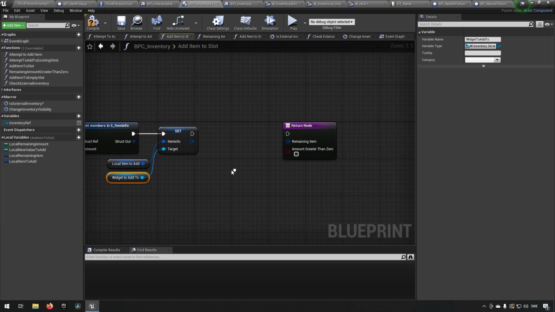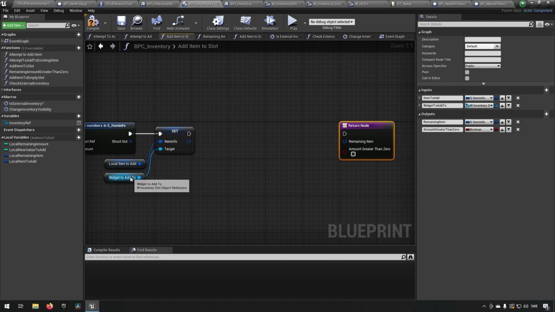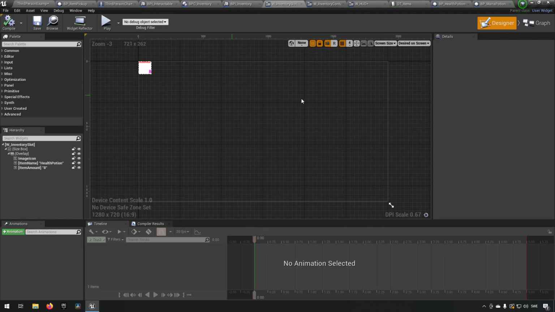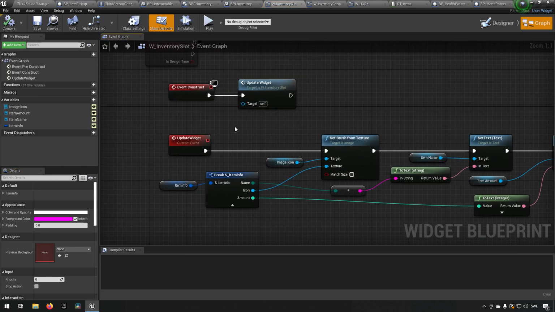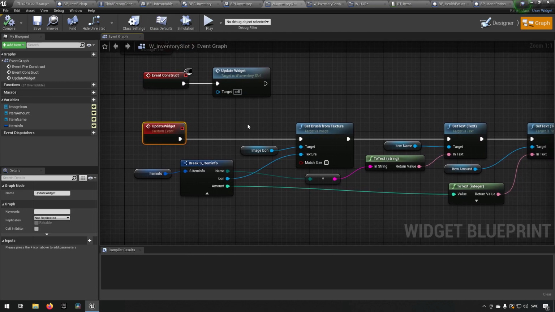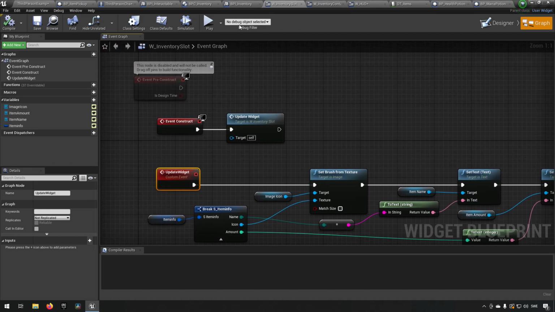And then we're going to be needing some code to actually make sure that the widget knows that this has been updated. So let's compile and save this and go to our widget slots. Where do we have it? Inventory slots, graph. Oh, we already made that one. That's good. So update widget. We send in their information. It's going to be updating everything. Excellent. So we'll go back to our